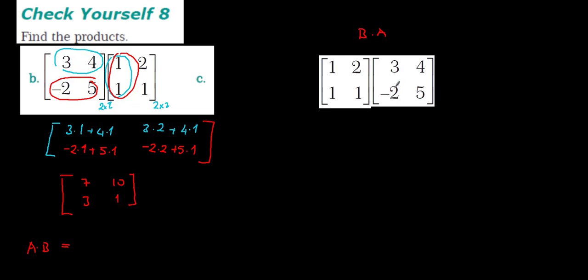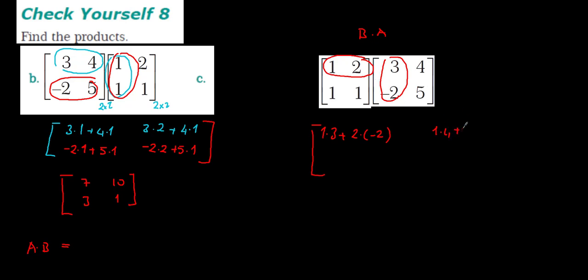A and B switch their places. Let's see, are they equal to each other? And here, I'm going to do like this. I'm going to continue with this color. Here, 1 times 3 plus 2 times minus 2. And that's going to be equal to, the next one, 1 times 4 and